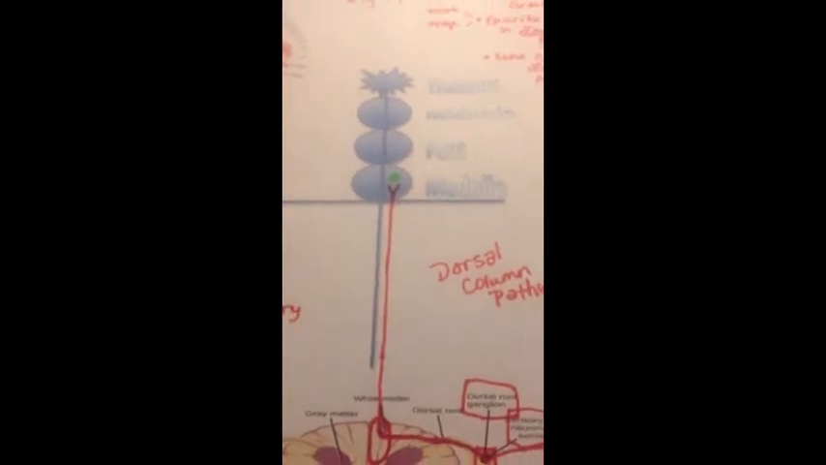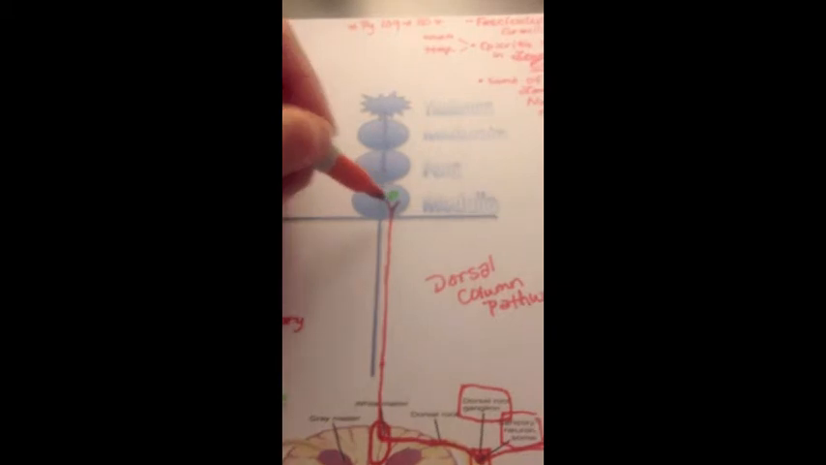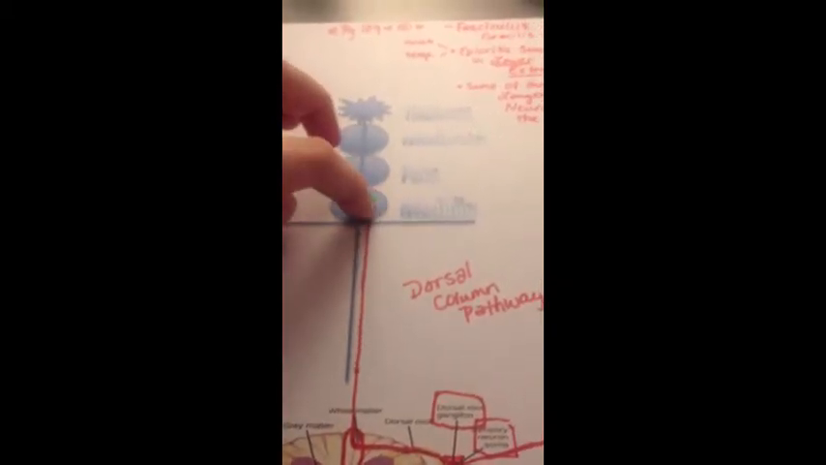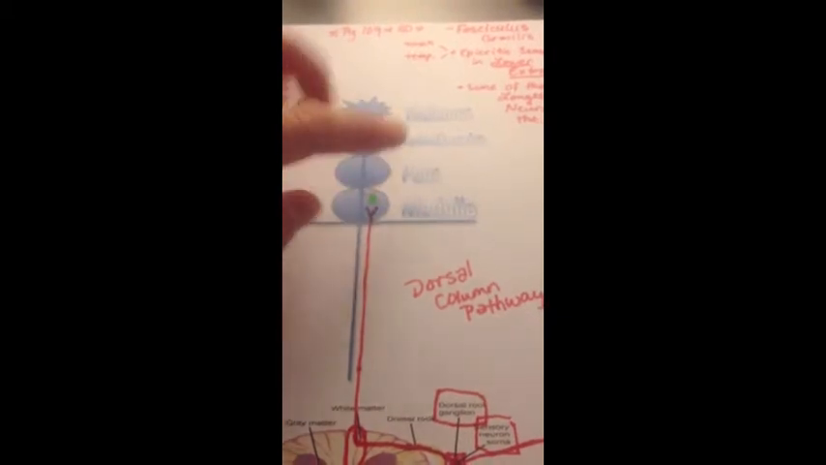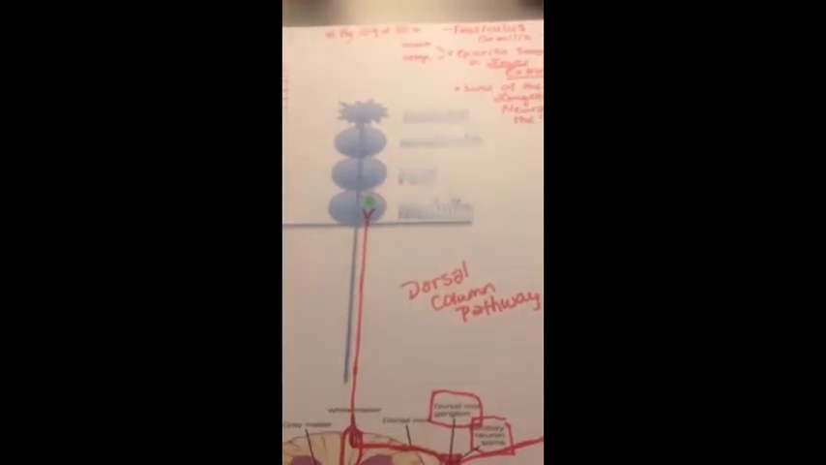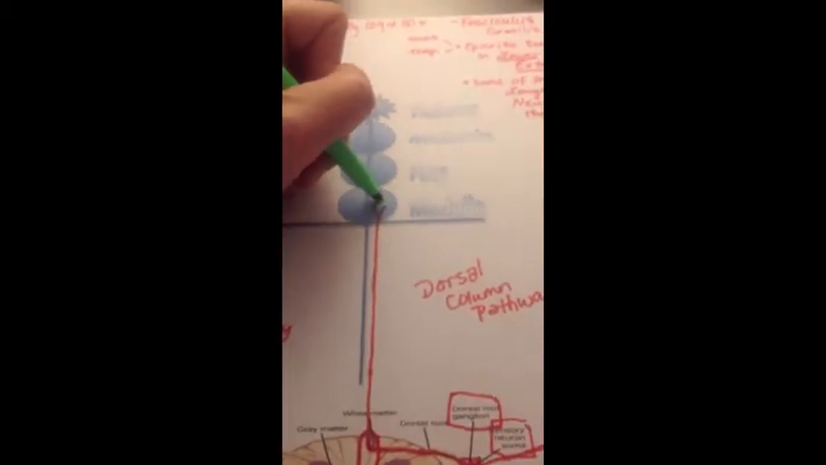Now, the axons that ascend in the Fasciculus gracilis are going to synapse with the second order neuron in the nucleus gracilis of the medulla. So that's what's going to be right here at the nucleus gracilis. So that's easy to remember: Fasciculus gracilis, nucleus gracilis. Second order neuron is going to pick up